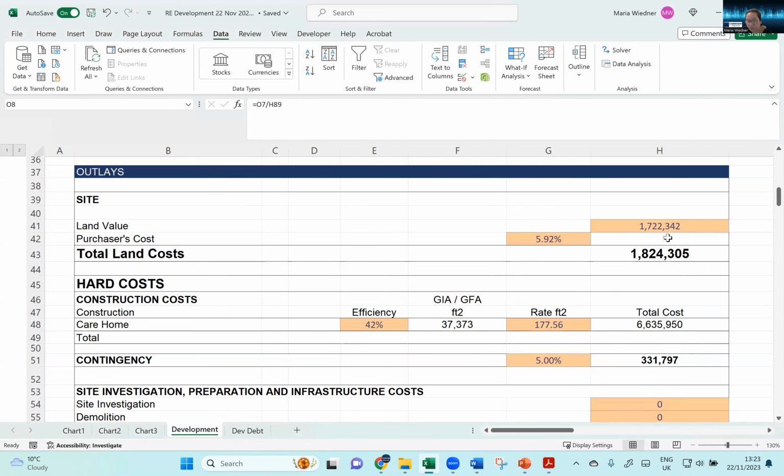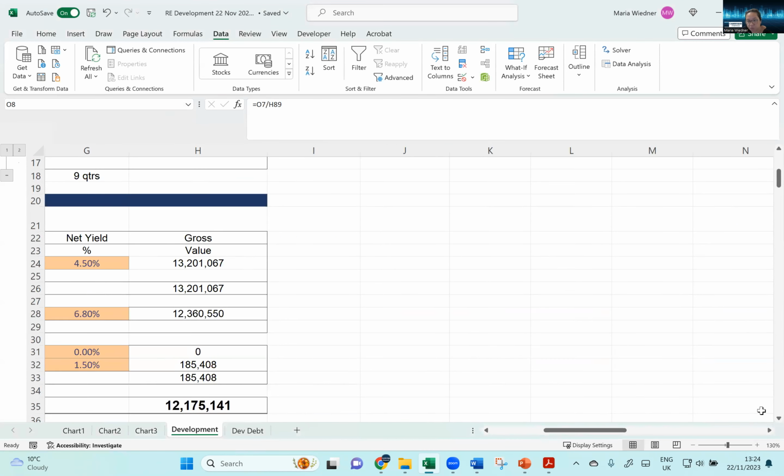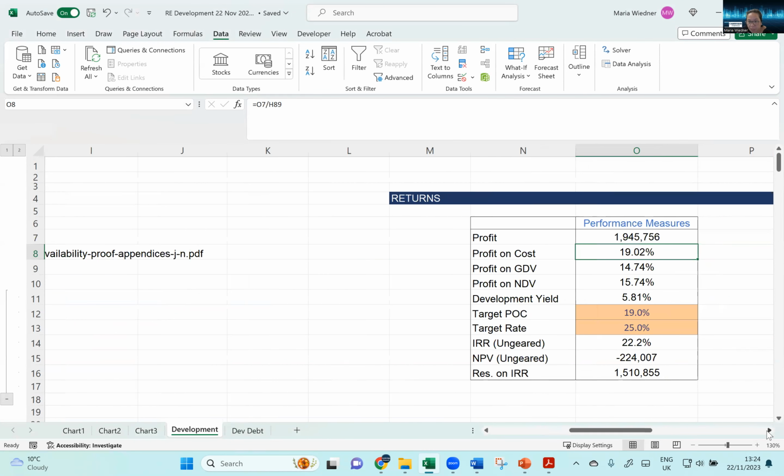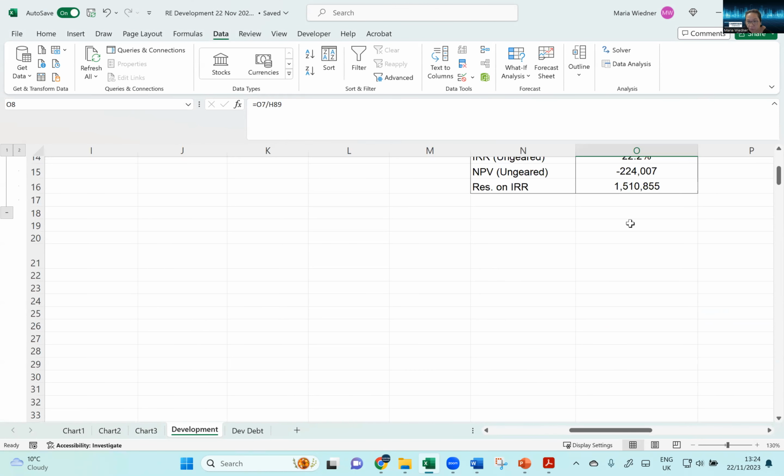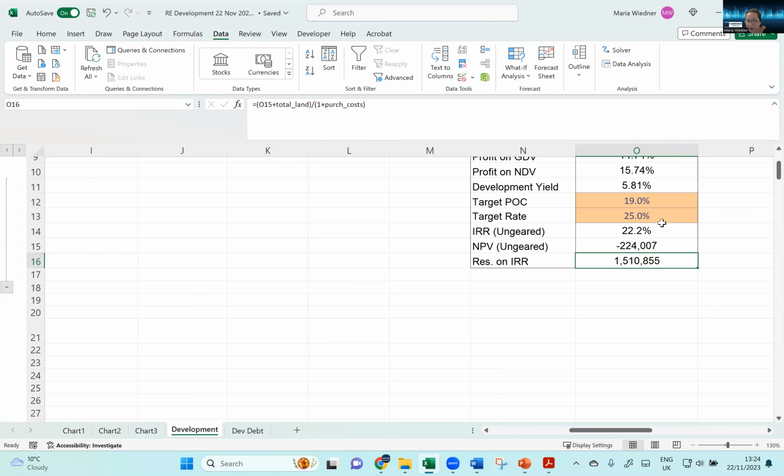Okay, so 177, 200, and so on. Okay, so that's the land value, which is pretty much what we had before. And then for us to calculate an IRR, and to calculate a residual on the IRR, say, for